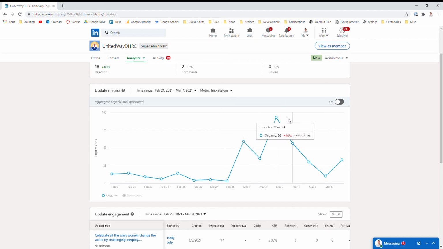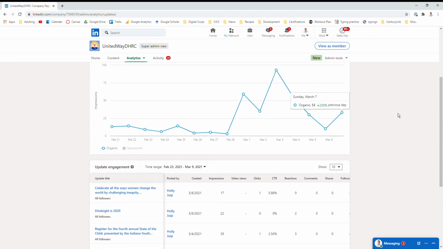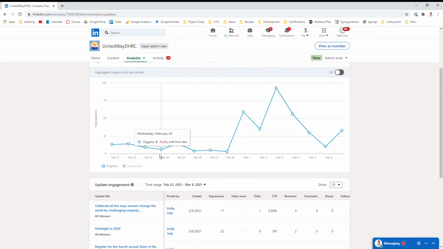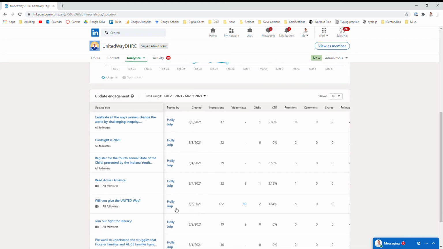Really quickly, the difference between organic and paid is that organic is simply free. The United Way isn't spending any money on promoting these posts, so all the interactions they have are organic or free. Again, this was posted on March 3rd, or they had the most traffic on March 3rd. So we can scroll down and see, okay, what was posted on March 3rd? It looks like Holly